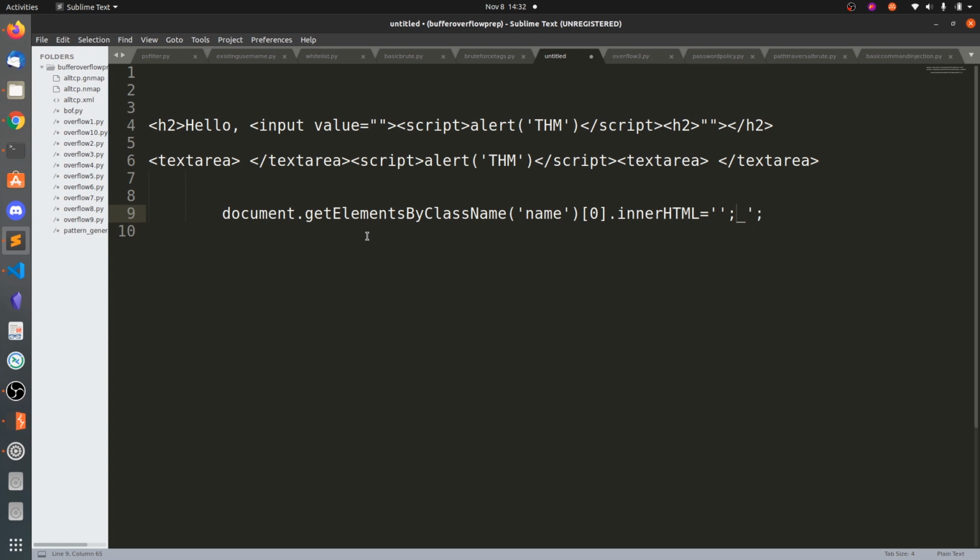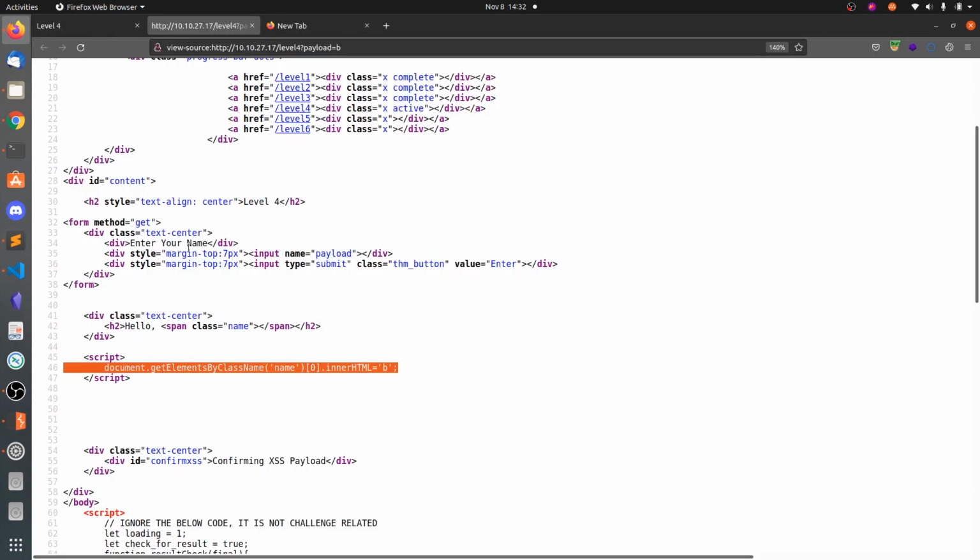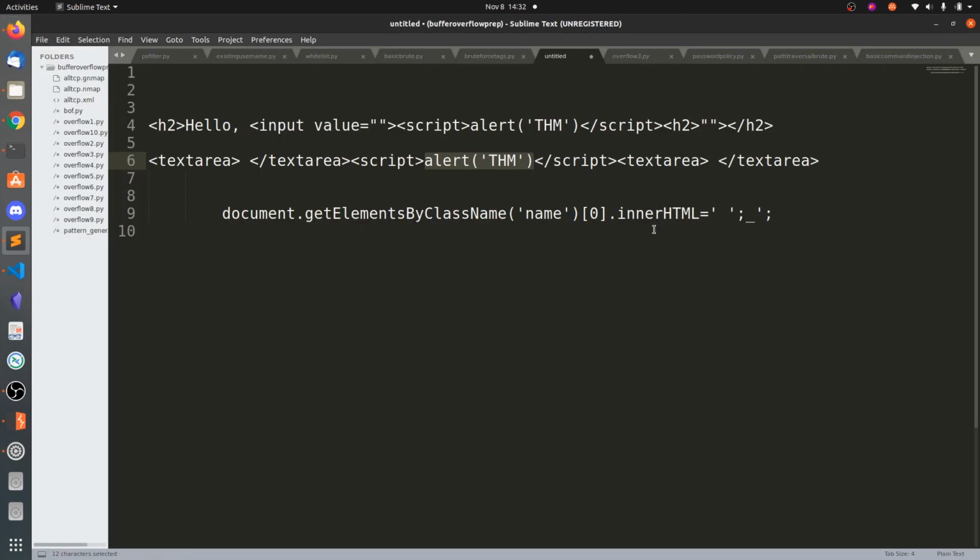That will be treated as one line in the JavaScript. Now you can simply put another line, that is script alert. You don't need to put any script tag because it's already inside the script tag. You can see here script. So you can simply ignore the script tags and just put this alert of THM.